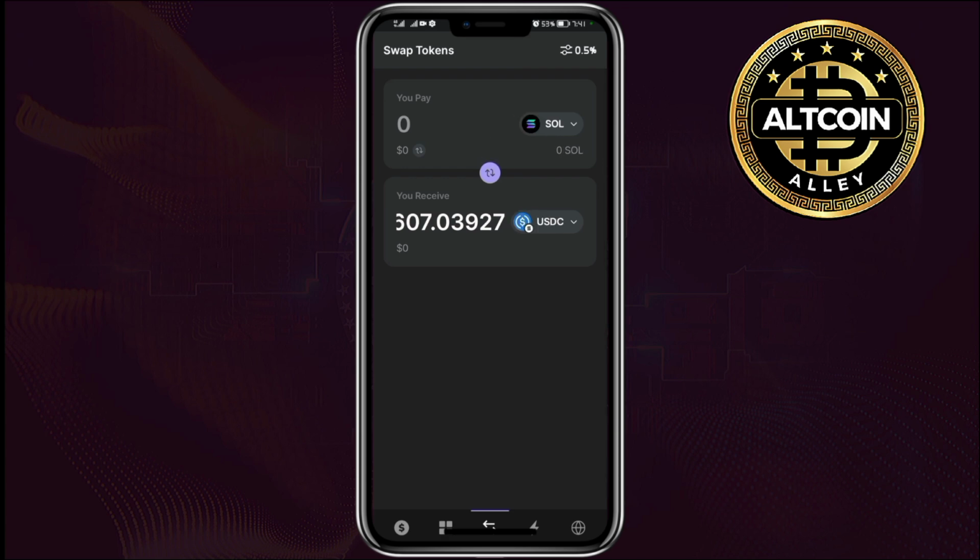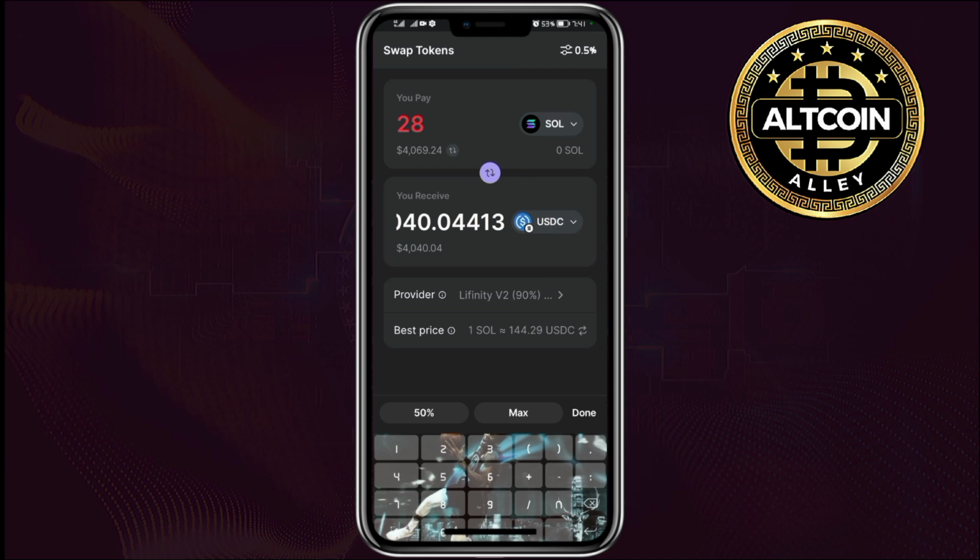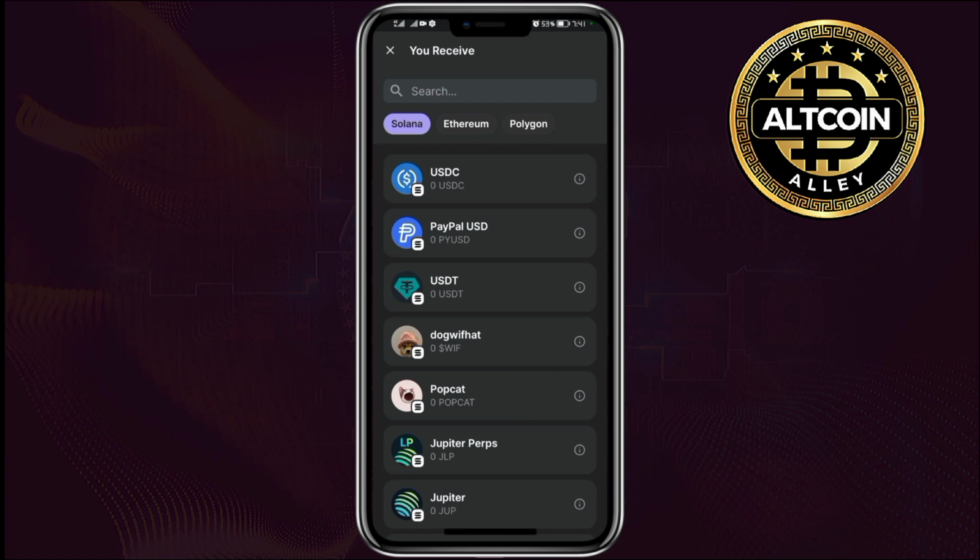Okay, so for this case, we'll be asking you how much Solana you want to swap. So for this case, I'm assuming I'm swapping 28 Solana coins, and then I'm swapping them to what? So click on this drop down arrow. Once you click on this drop down arrow right there, you'll be asked which coin you want to swap